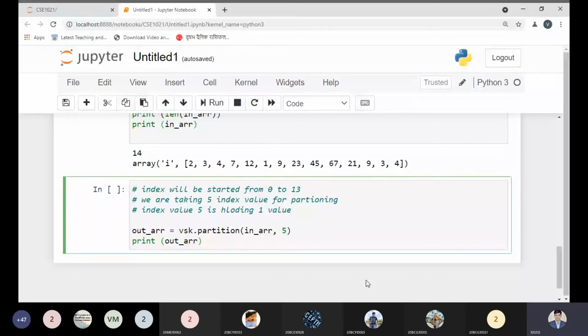Tell me any problem over here. What is the expected output you are looking for? No idea? Sir, it may be divided in 2 arrays. Okay, if it is divided into two arrays, or we are not defining any two arrays, so how will it be held by the second part?